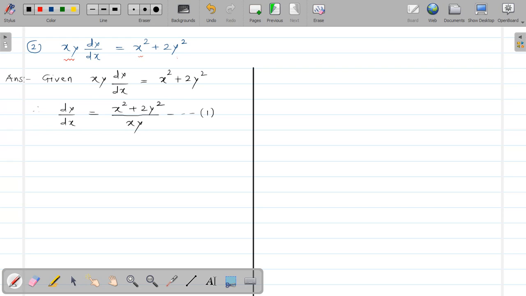Now to solve this differential equation, we have to put y is equal to vx. So put y is equal to vx, that implies dy by dx is equal to v plus x into dv by dx. This is by product rule, v into x. Derivative of v into x is v plus x into dv by dx. Now hence we get equation number 1 becomes